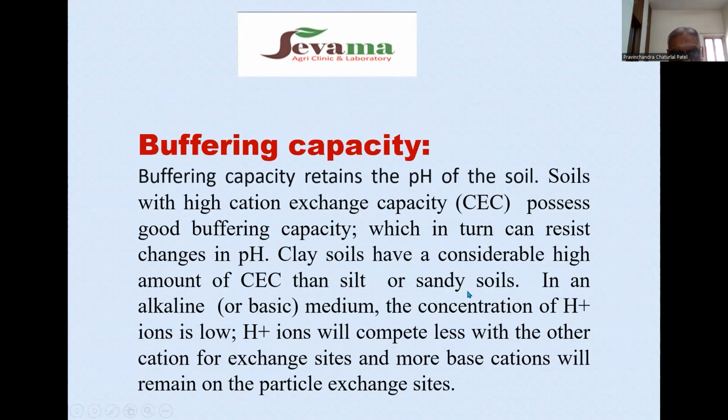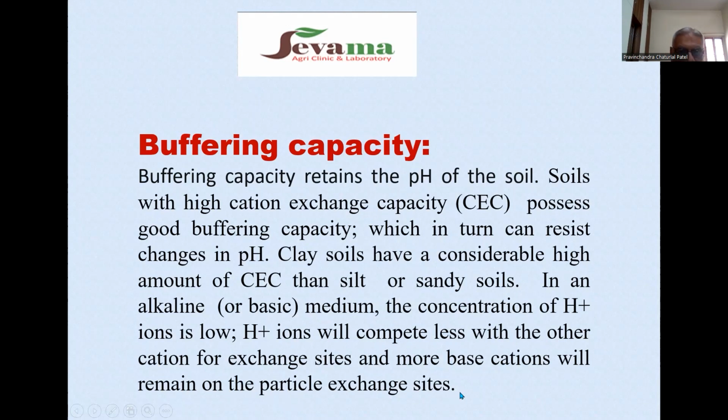Clay soil has a considerably higher cation exchange capacity than silt or sandy soil. So sandy soil or silty soil has low cation exchange capacity, and so lower buffering capacity. In an alkaline or basic medium, the concentration of hydrogen ions is low. Hydrogen ions will compete less with other cations for exchange sites, and more base cations will remain on the